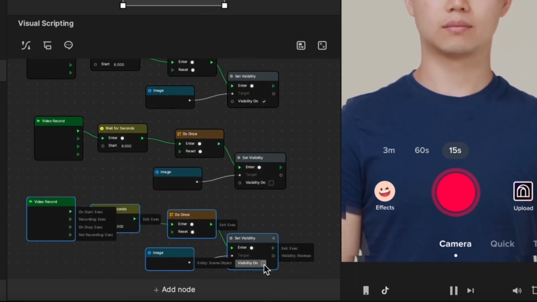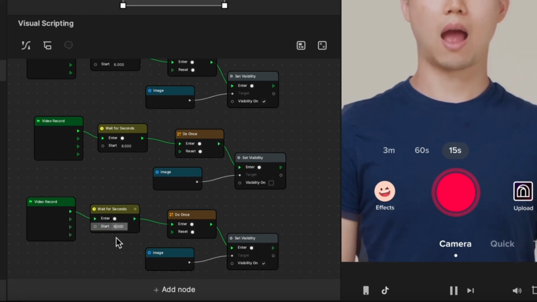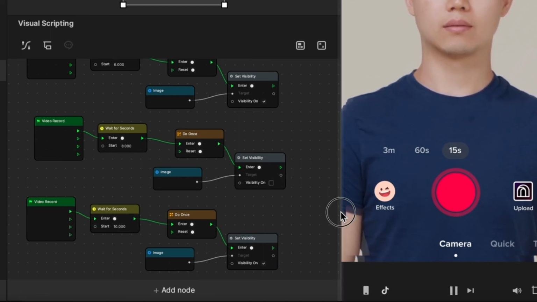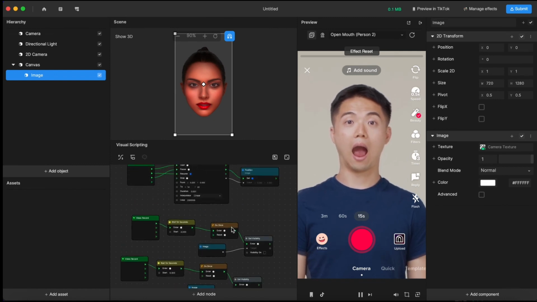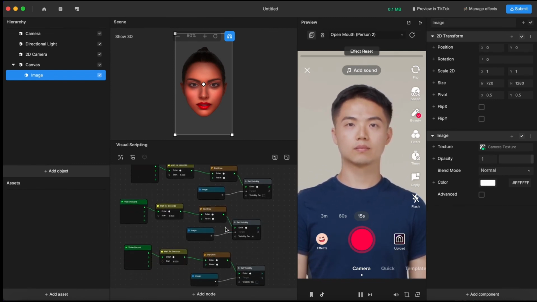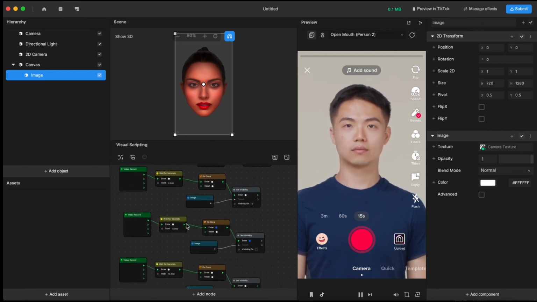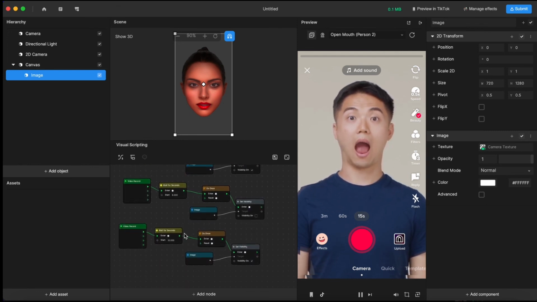I'm gonna turn that on again and change it to the second 10, and now it's gonna start working. So the first one 4, then stops, starts at 6, then stops at 8, and then starts working